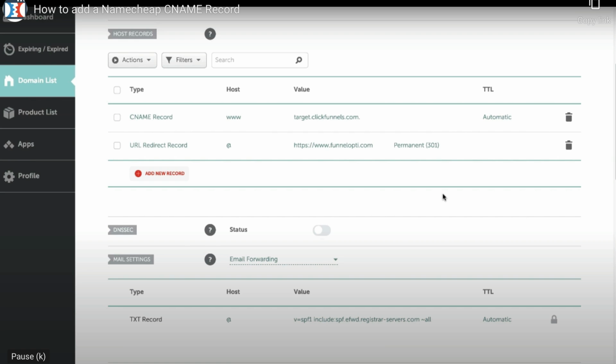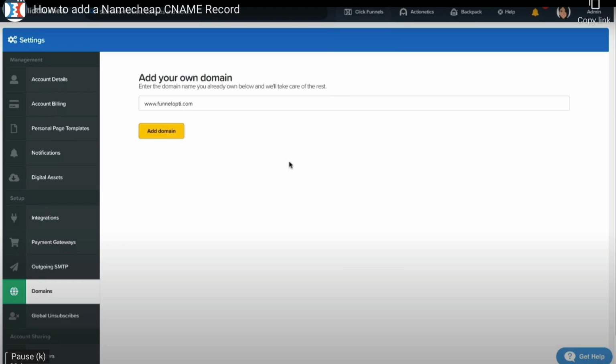Once you have completed this step, you'll head over to your ClickFunnels account. You'll add the www version of your domain in here. If it's not instantly verified, not to worry, it could just take some time to propagate through the internet. Now, if you run into any trouble with this, please reach out to our support team